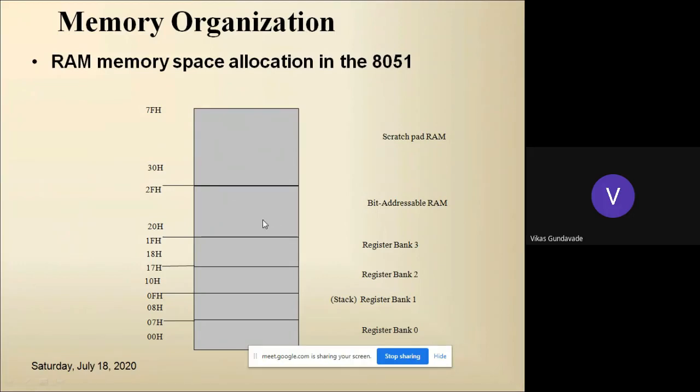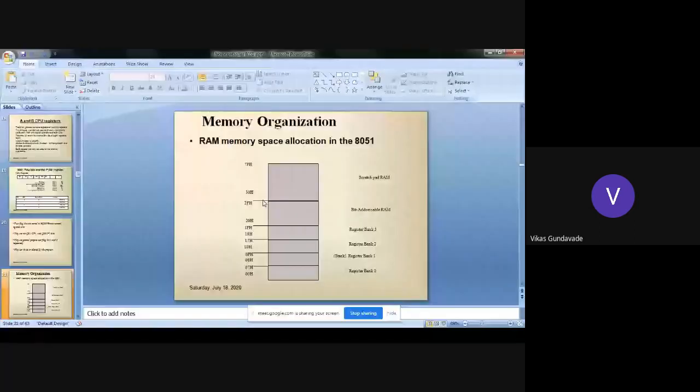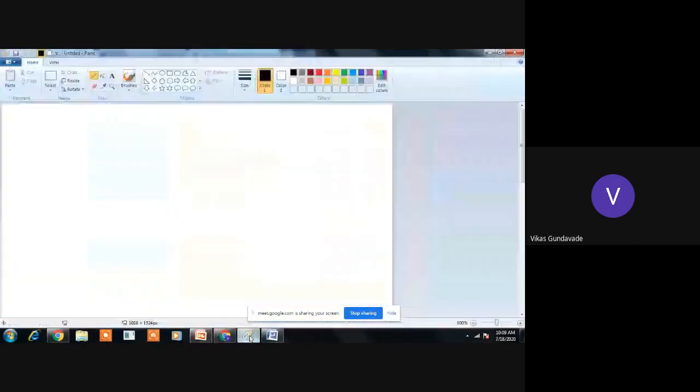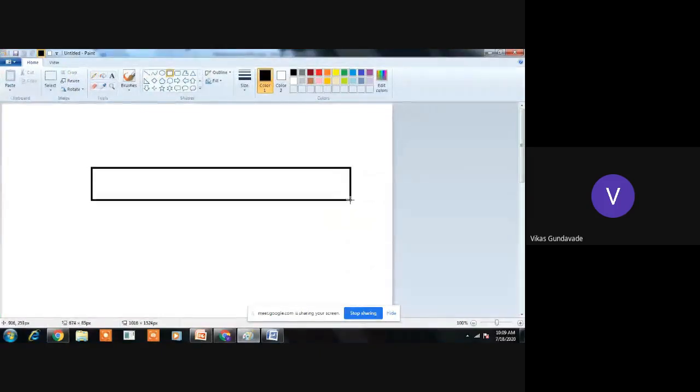What does it mean? Here every address location, let's say 20 is the address location of this RAM. Then from this 20, a specific bit can also be programmed or modified. Let's take the example, if we have one register, here this register is divided into 8 bits, like this. I will just draw 1, 2, 3. Similarly, all the 8 bits are represented in that specific location.